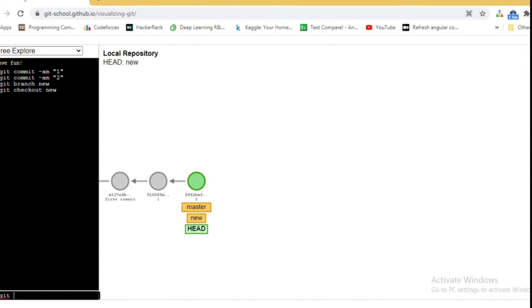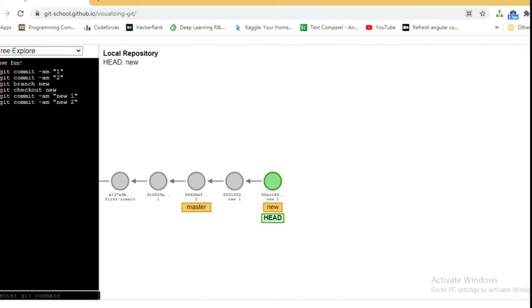Suppose I am doing a commit, git commit -am new 1. It means on the new branch, commit 1. So you can see that a new commit has been created in the new branch, and another commit, new 2. Head is pointing to the new branch, and on the new branch there is another commit.